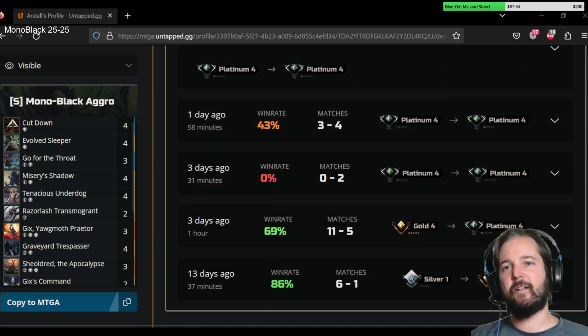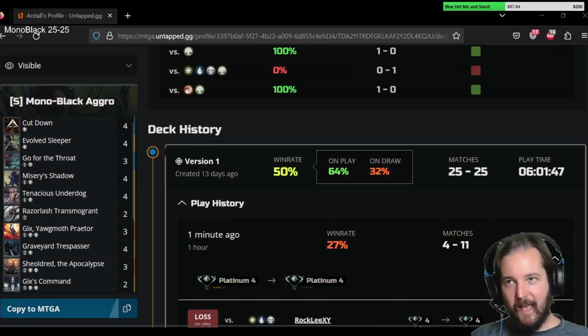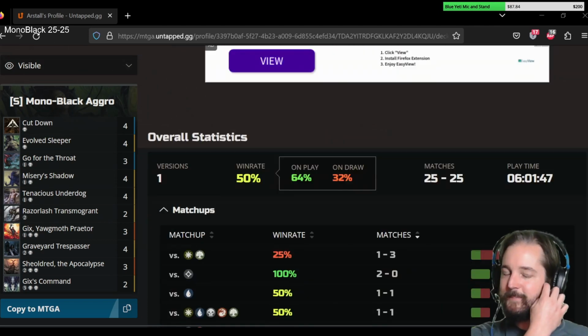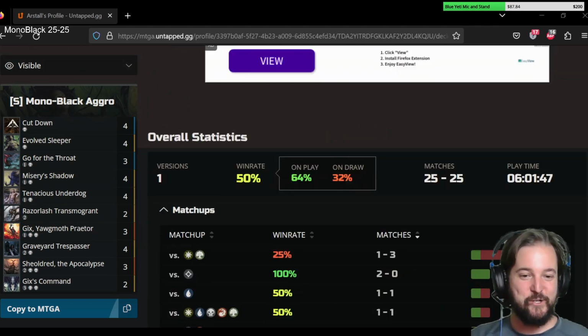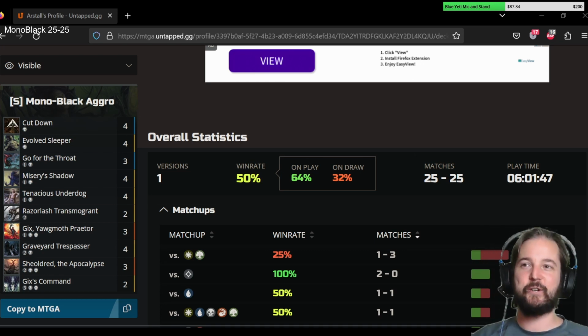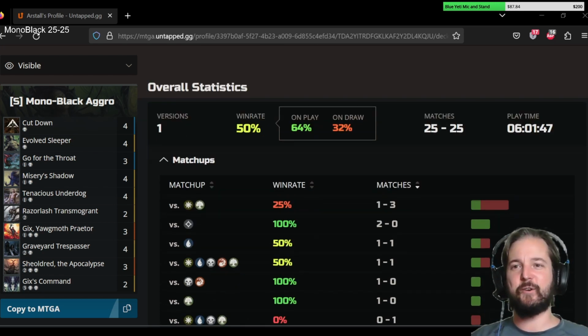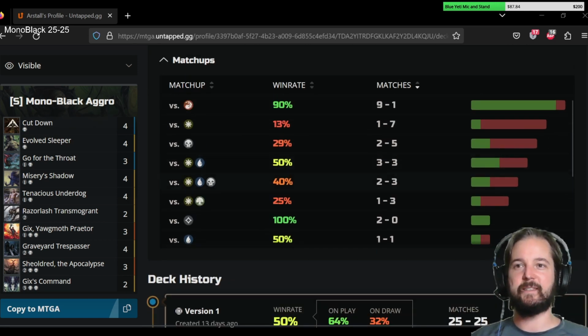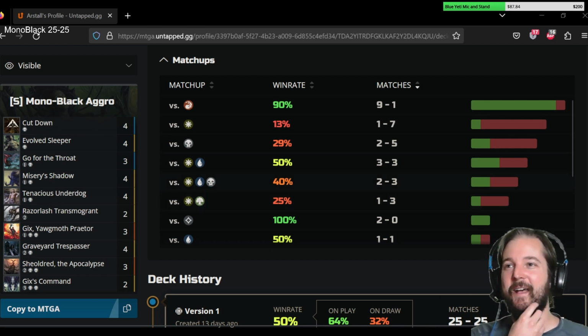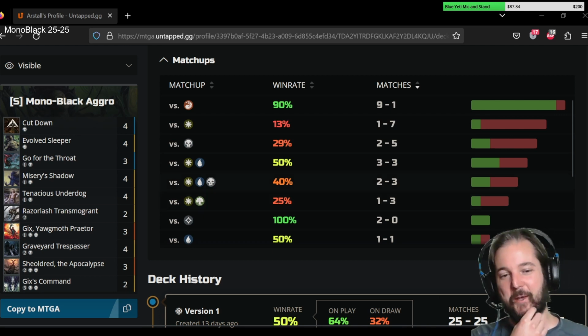So overall, I would say that this is not as good as the Mono-Black midrange deck, although I have yet to try that one out. But give it a shot. If the Mono-Black aggro is your thing, it is a fun deck to play. It does curve out quite well, and the early interaction does do good things against, like, Celestus enchantments. Even though we've got a 1-3 right there, as long as you pick up your Cut Downs and go for the throats, it feels okay. So